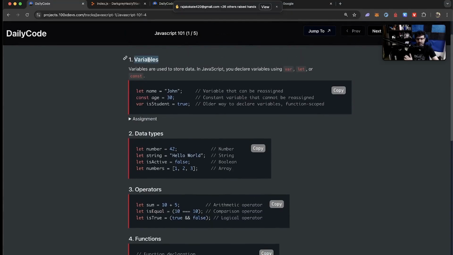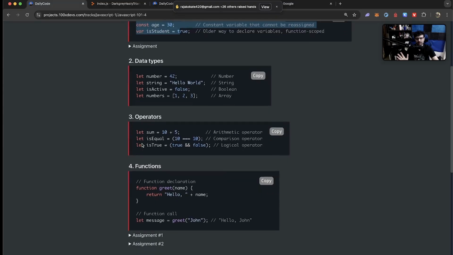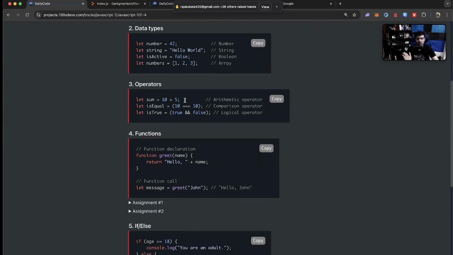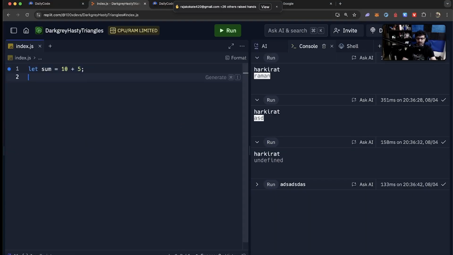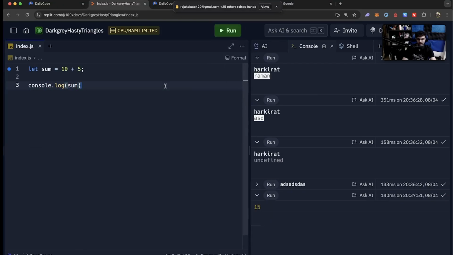To recap, we have learnt how to define a variable. Totally ignore arrays if you did not understand. I showed you some operators. You can write code like this. Let sum equal to 10 plus 5. If I write this code and log it, what do you think gets logged? 15 will get logged, right? 15 will get stored in sum and 15 gets logged over here.